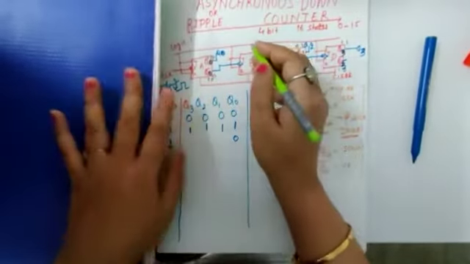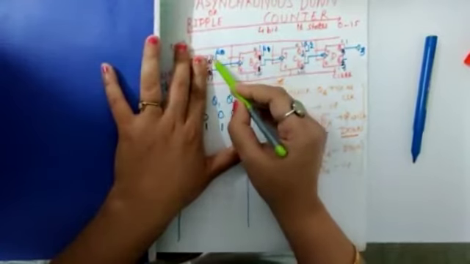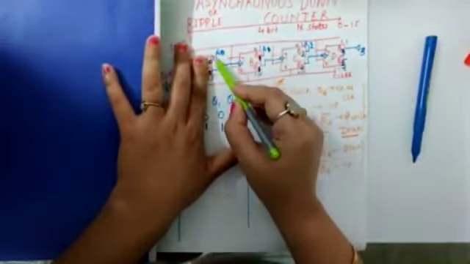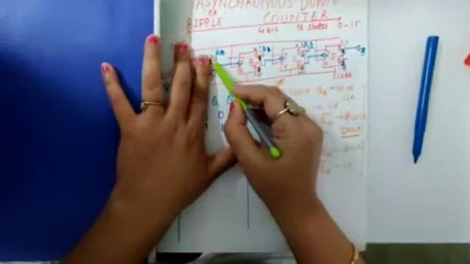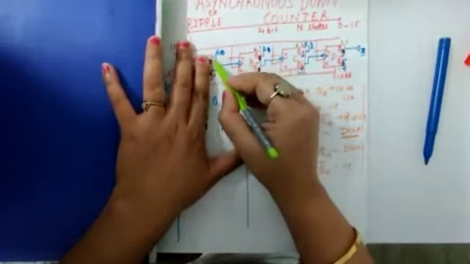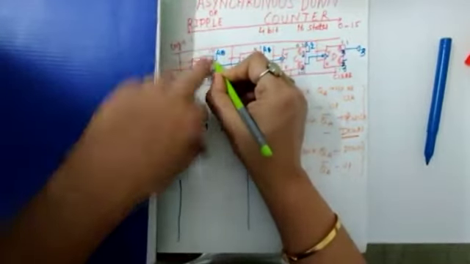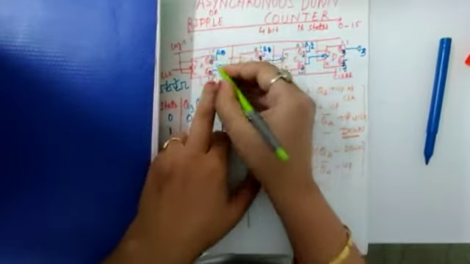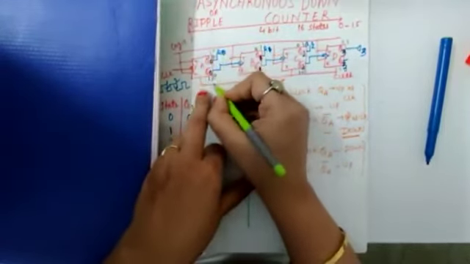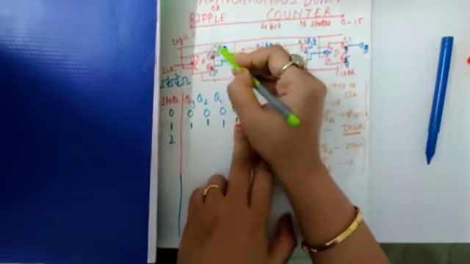Now see this transition, 1 to 0. 1 to 0 means earlier the output was 1, which means QA bar was 0. Now QA changes to 0. Now the transition shows from 1 to 0. Earlier it was 1, now changes to 0. So it's just the vice versa for QA bar. So earlier it was 1 0, so this will be 0 to 1. Is it clear? As the clock pulse arrives, the output was 1, toggles to 0, 1 to 0.